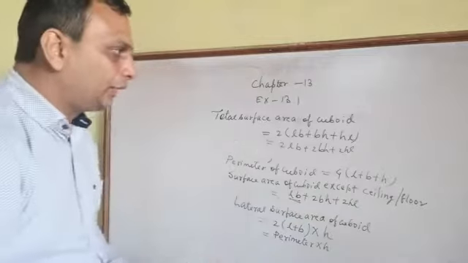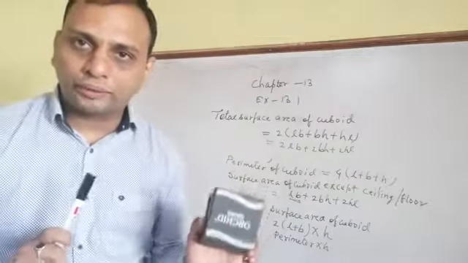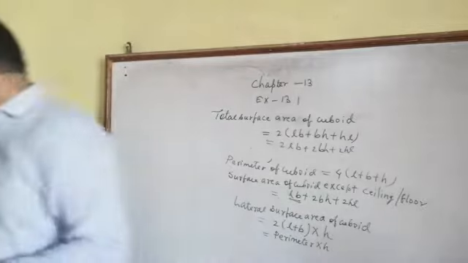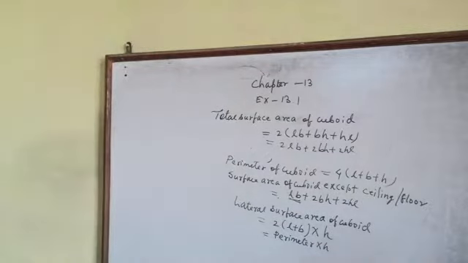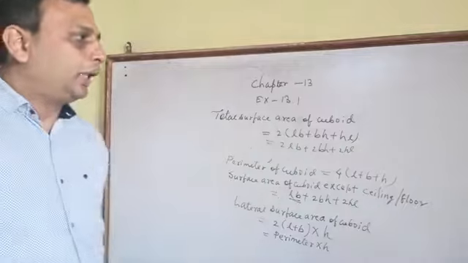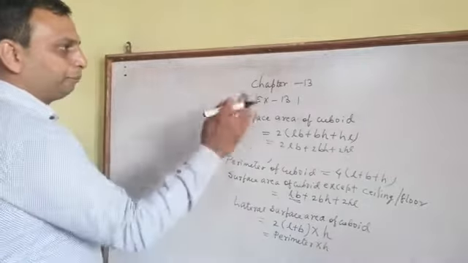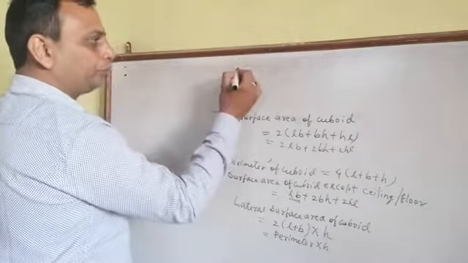So the cuboid is one figure of solid space. Now we will discuss the cube. The total surface area of the cuboid is over. Now for the total surface area of the cube, we have another formula. The cube, I think you know, has all sides equal. So the cuboid is over, and now we will discuss the cube.